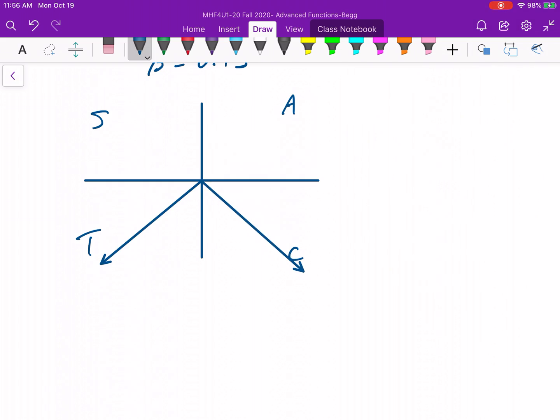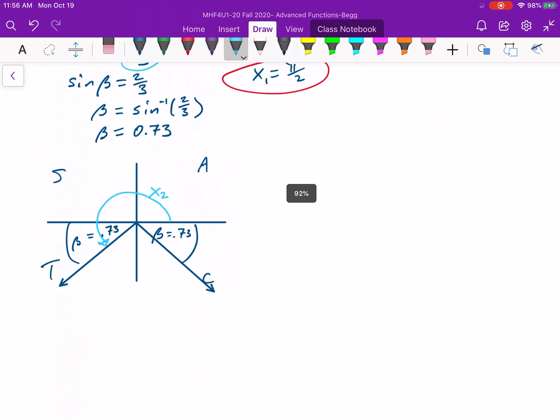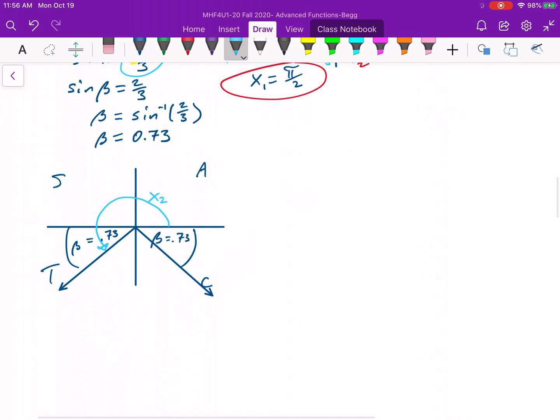And so we then have beta equals 0.73, that's our angle there, in both of these quadrants here. But we always measure from the positive x-axis, so we'll start here and come around to here. So if we call this one x2, since we already had an x1, as you can see at the top of the screen, we know that